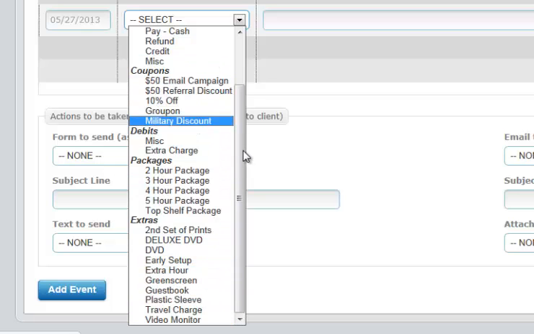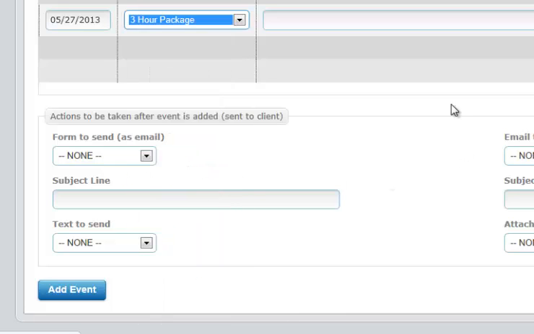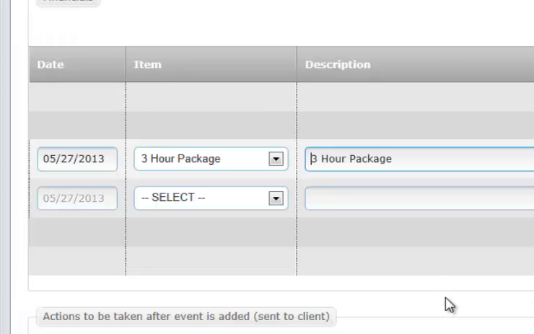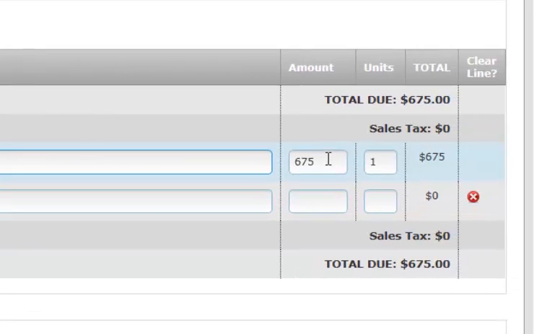How you utilize the financials is completely up to you. The most common way that most of our business owners use it is they enter any kind of debits as charges, shall we say. So for instance, we're going to say this is a 3-hour package. Go to booth operator, then it gets the description, which is editable, so if you needed to customize it,